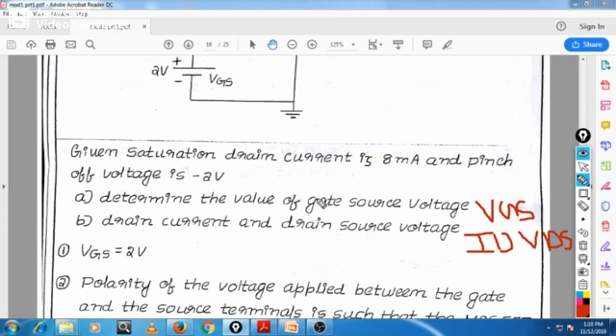Pinch off voltage is minus 2 volt. Given this, which type of MOSFET is this? This is a depletion MOSFET, right? The gate source voltage is 2 volt. Then the polarity of the voltage, it says here, polarity of the voltage to be applied